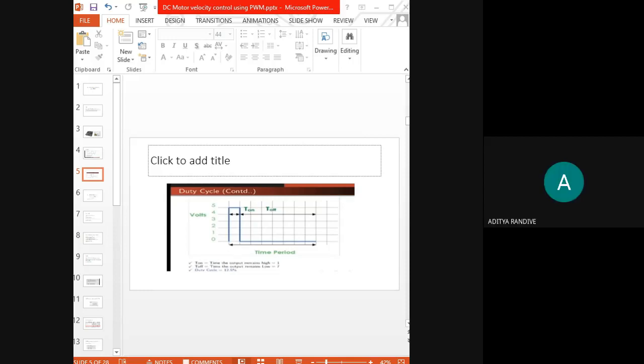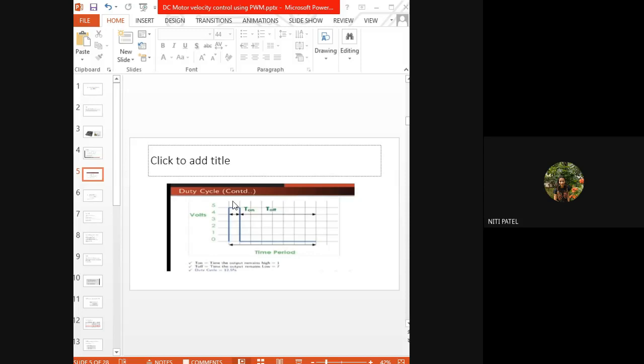Yes, ma'am. Let us see one example. Now we have a signal which is going high initially and it is going low continuously later. So what will be my time period? It is T on plus T off. ठीक है. तो on कितने टाइम के लिए? खाली एक टाइम के लिए हाई है वो. कहाँ से कहाँ तक? See, going from 0 to 5, remaining 5 for one particular line and then again remaining low for the entire thing.